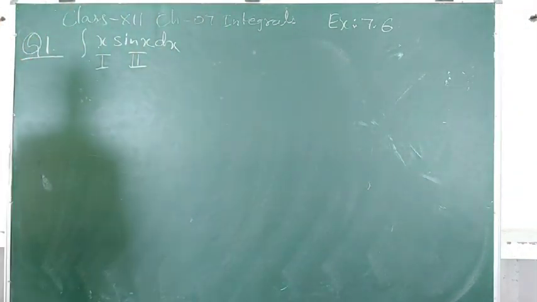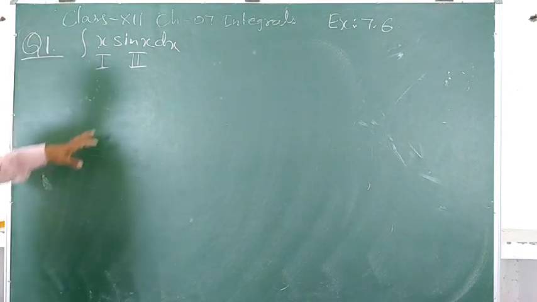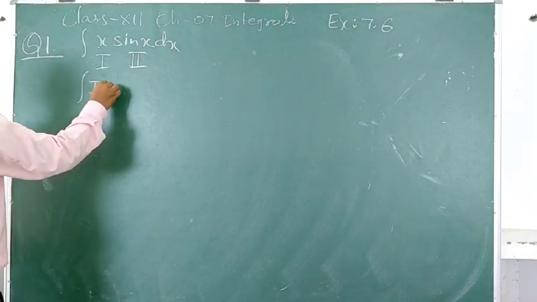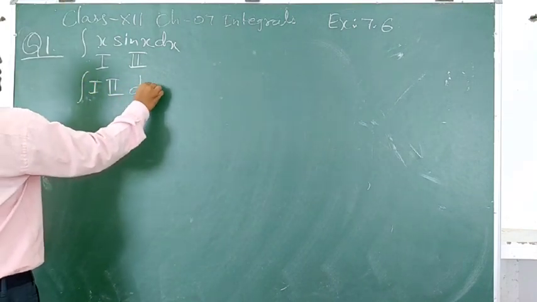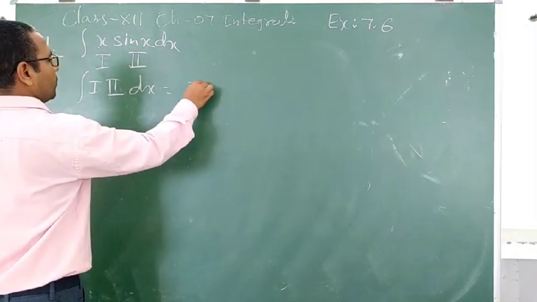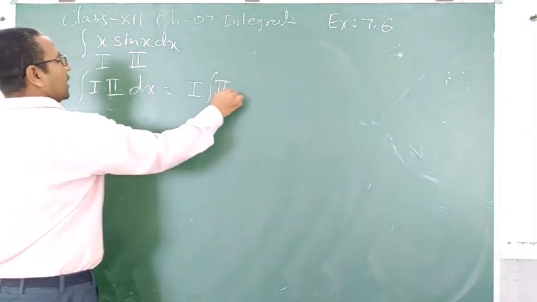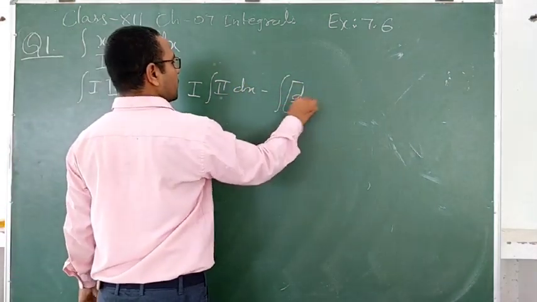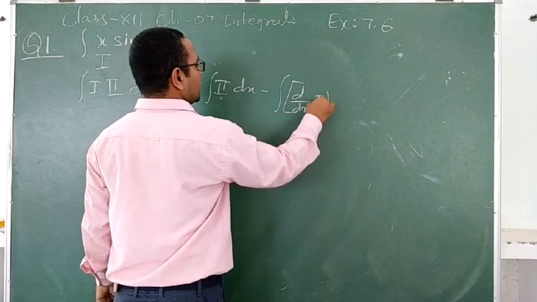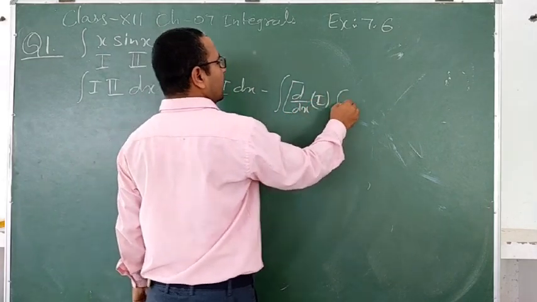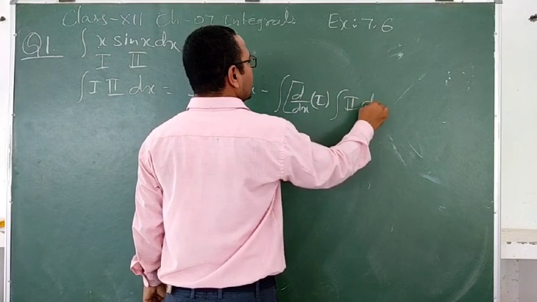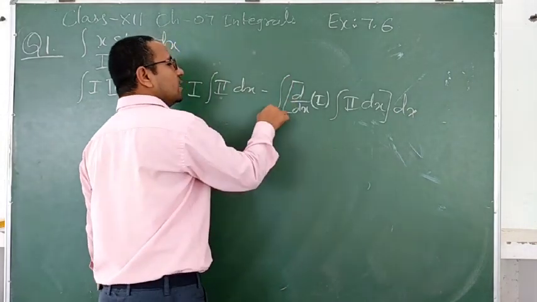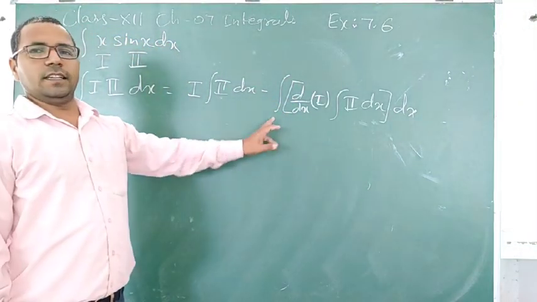So now let's see here this formula. We are doing here the integral of the product of these two functions, integral of first function and second function dx. So what was the formula? That is the first function, integral of the second function dx, minus integral of the differentiation of the first function, d by dx of the first function, then a whole over integral of the second function dx. Then close the bracket, and this dx indicates this integral.